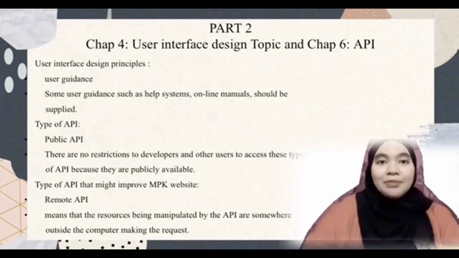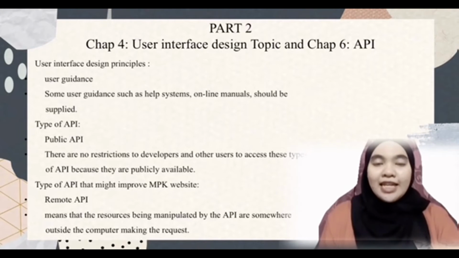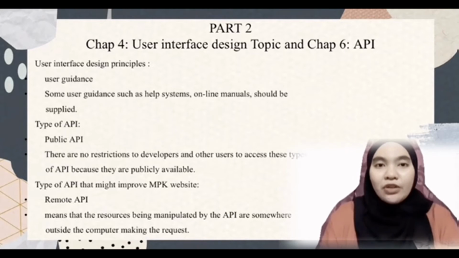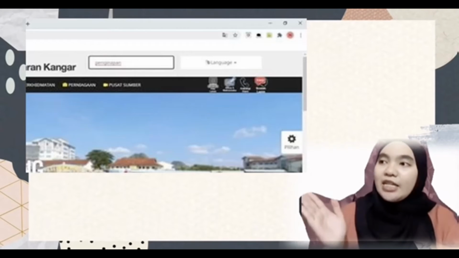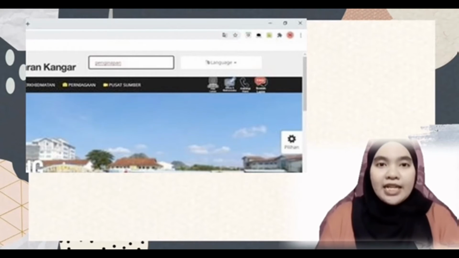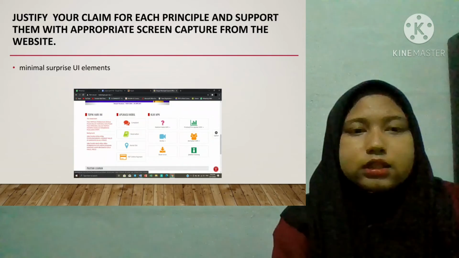Second part is Chapter 4, User Interface Design, and Chapter 6, API. The user interface design principle that had been applied in our case study is user guidance. Designers should assume users are unable to understand technical terminology. So in the case study, we can see an example of user guidance that the MPK website uses. Next is